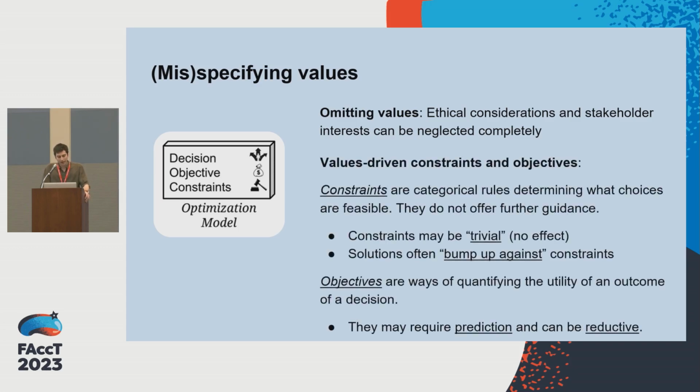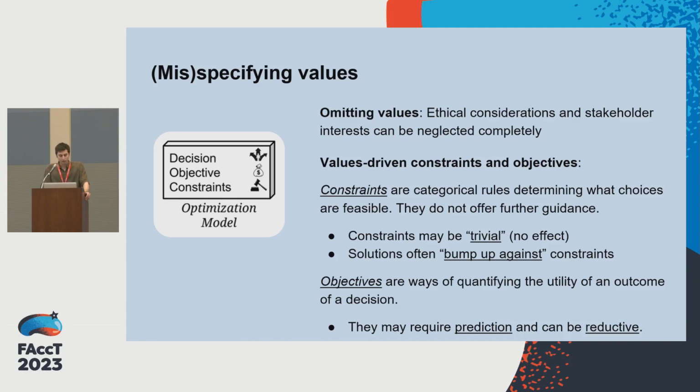Even if a value is given explicit consideration in an optimization, it can be misspecified, meaning it is given improper treatment either as a constraint or as an objective. A constraint tends to be a categorical rule determining which choices are feasible and ruling out everything else from consideration. Constraints can be trivial, meaning they are introduced but do not actually change the optimal outcome. And when they do come into play, they often lead to an optimal solution that rests on the boundary of